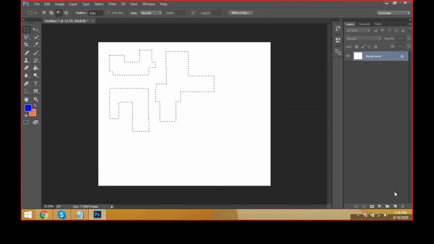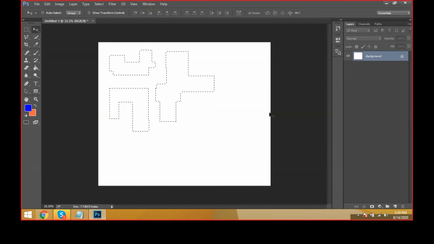No. First of all, we have to create a new layer for every object. The layers are different, friends. For every object, we should create a new layer. Then only can we customize very easily in the project panels. Okay, come here and create a new layer in the layer palette.